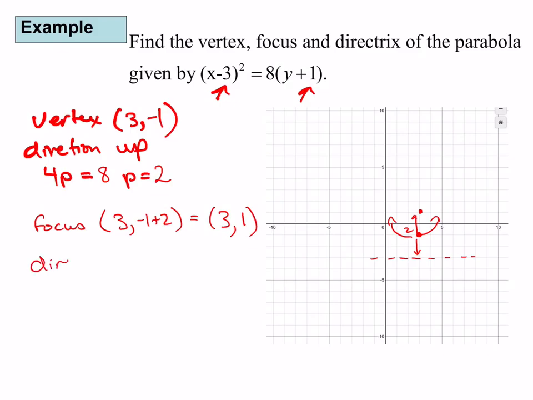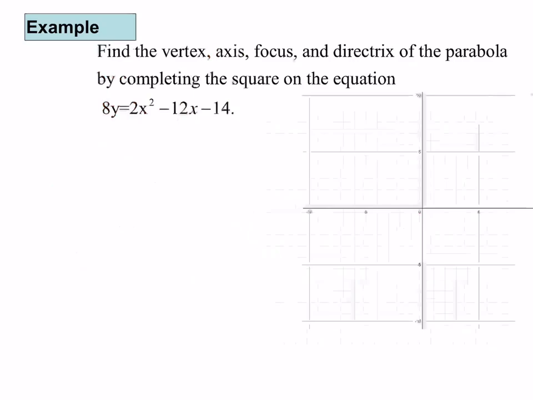And the directrix is -1 down 2, or y equals -3. This is horizontal. Okay? All right, now,